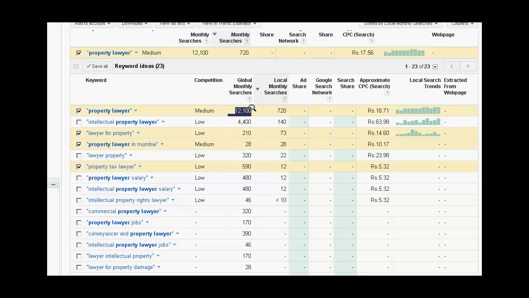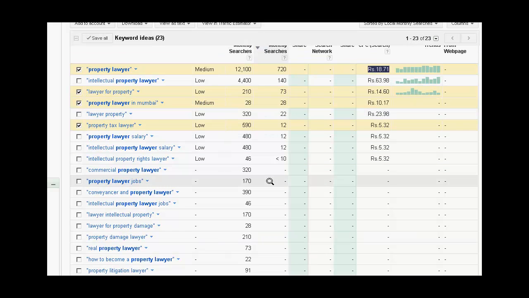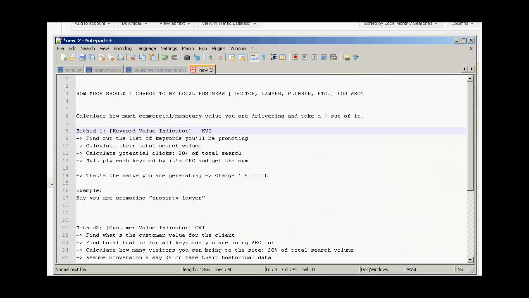What you need to do is you need to take a look at these figures. Sorry, not these figures. Local monthly searches over here, as you can see, and there is an approximate CPC that Google is giving to you. So make a note of these data. So I'll head over to my notepad and make a note of it. So I'll just say